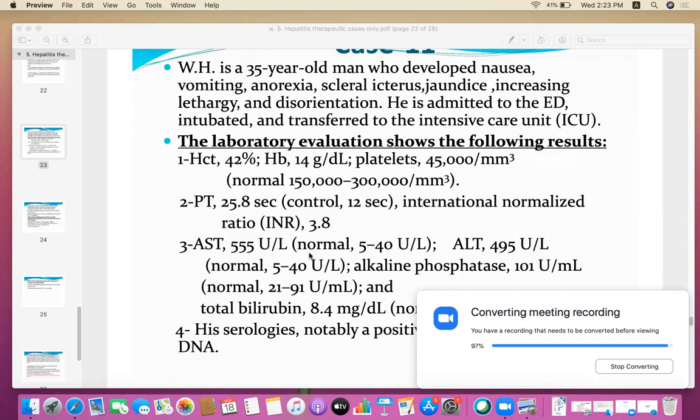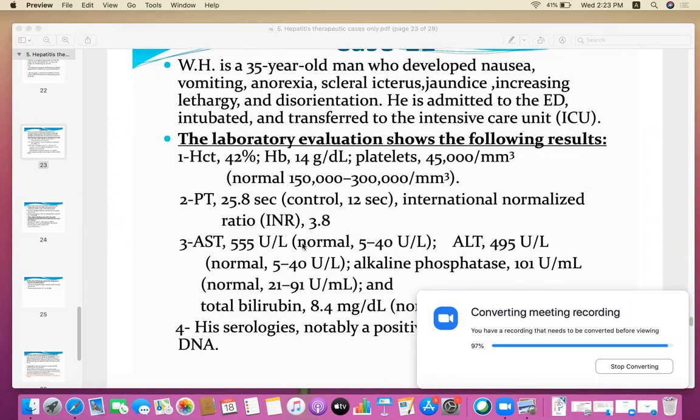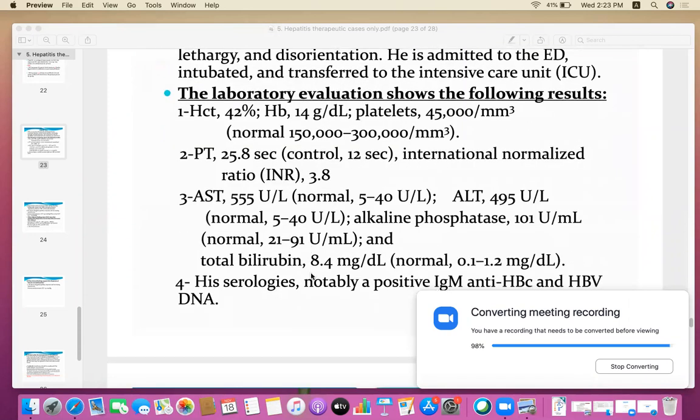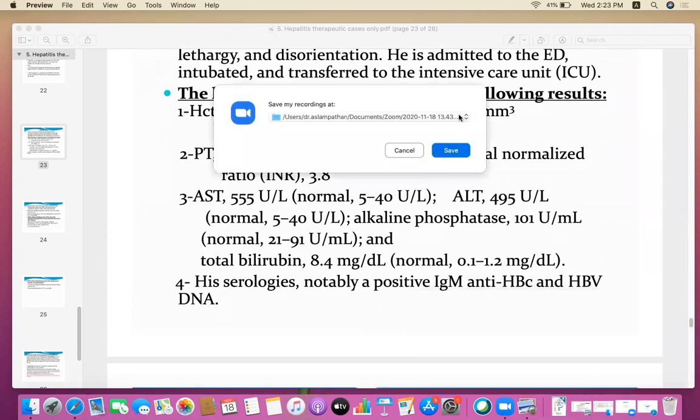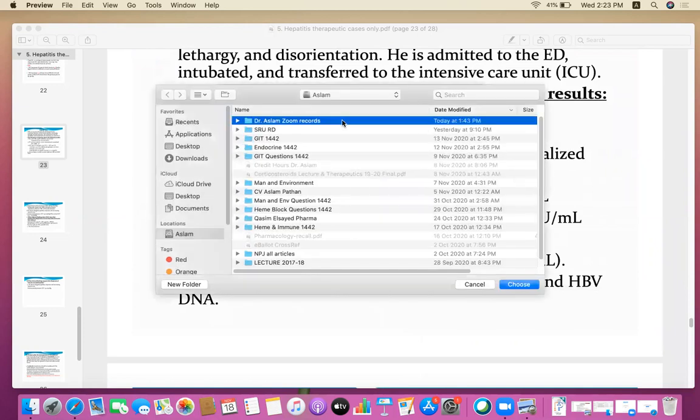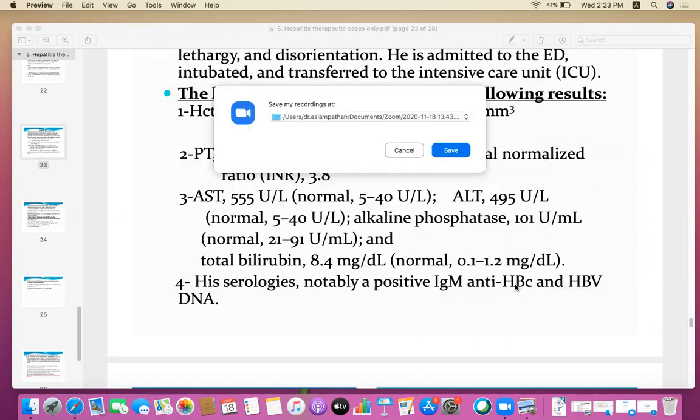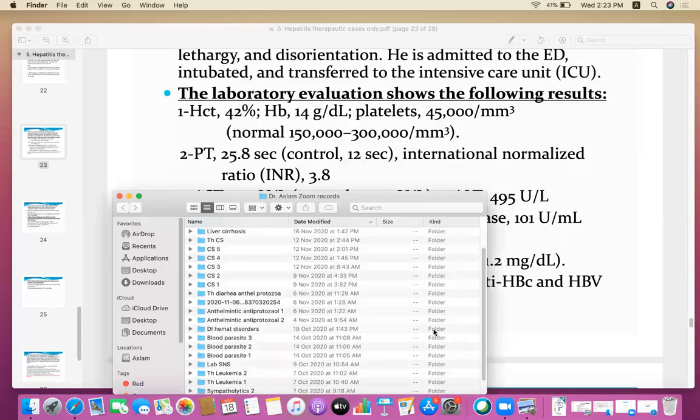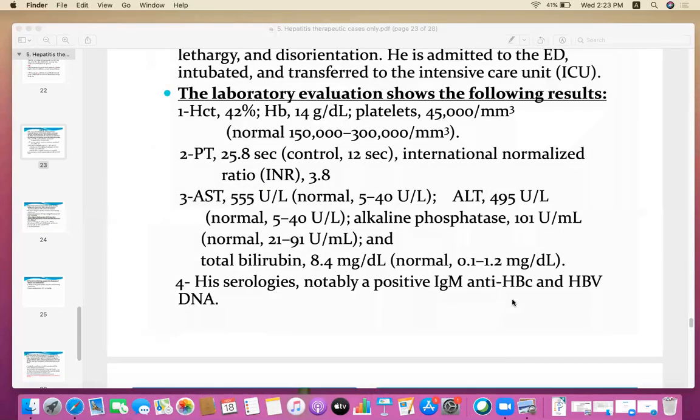All liver enzymes are increased. Total bilirubin 8.4 milligram. Normal is up to 1.2. So all liver enzymes were increased,